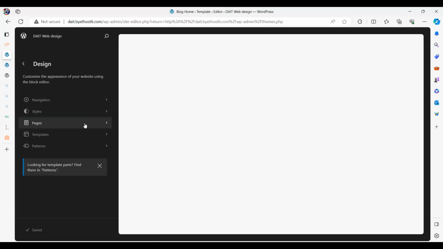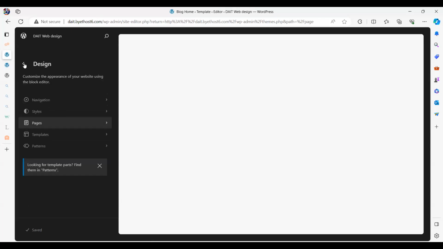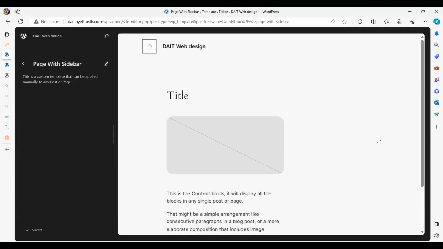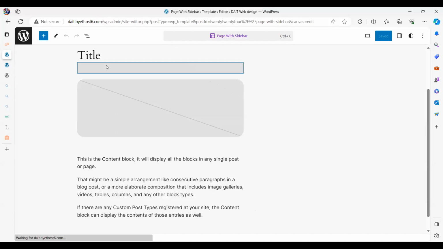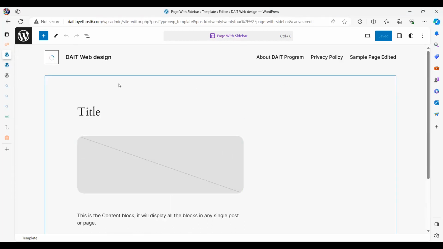I'm just going with whatever is there. So let's say I want to go to pages. Page with sidebar. Okay. So this is what I'm using right now. If I want to make any customization, you can do it here.